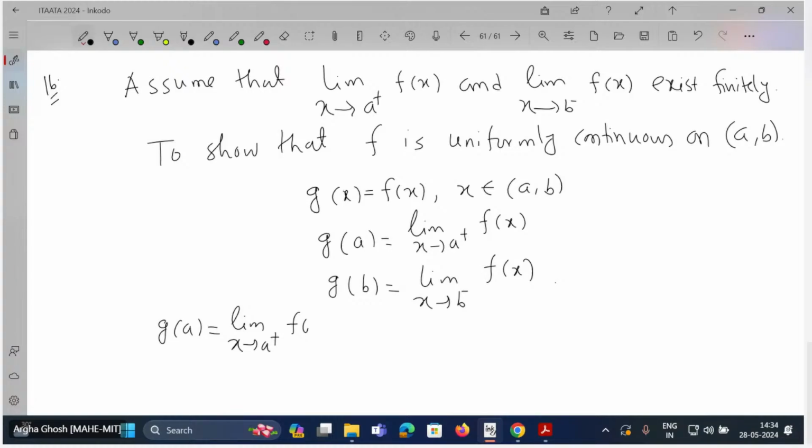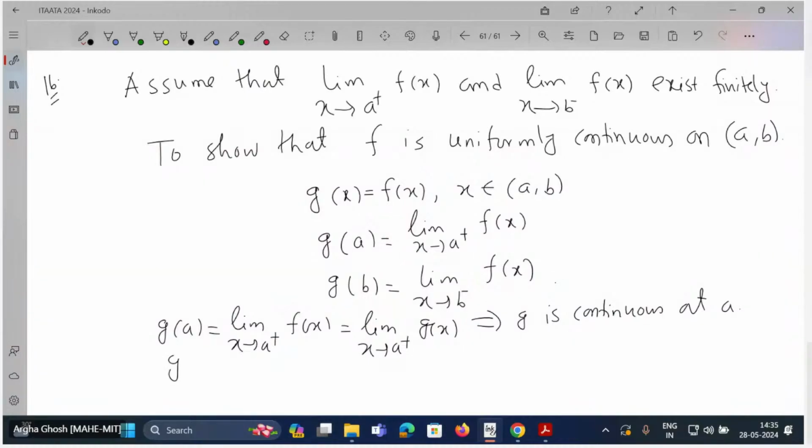Now x tends to a plus means what? x is in a neighborhood of a, on the right hand side of a but not a. So that means f of x and g of x are same basically in this case. And therefore g is continuous at a,